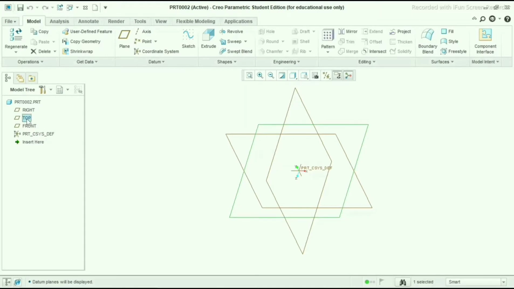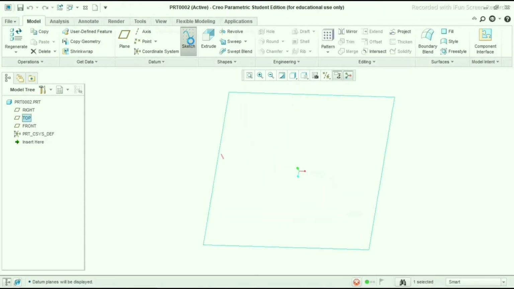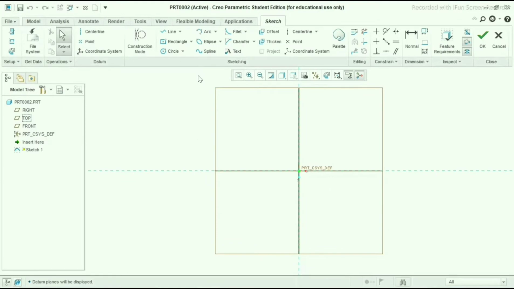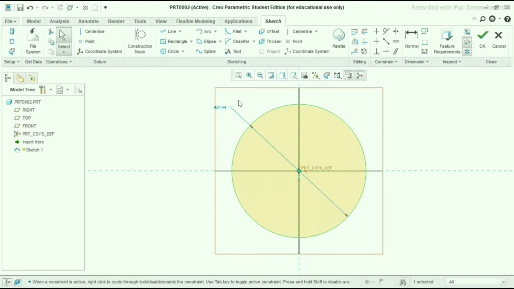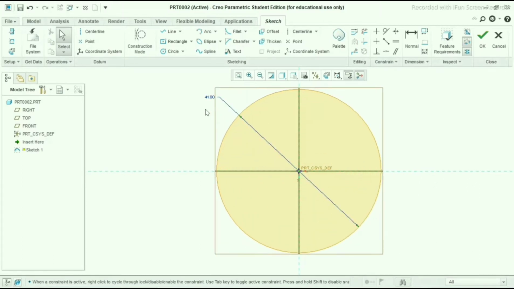Now select the top plane in the model tree, sketch. Go to circle. Make one circle from the origin point, and give the dimension as 41 mm diameter.